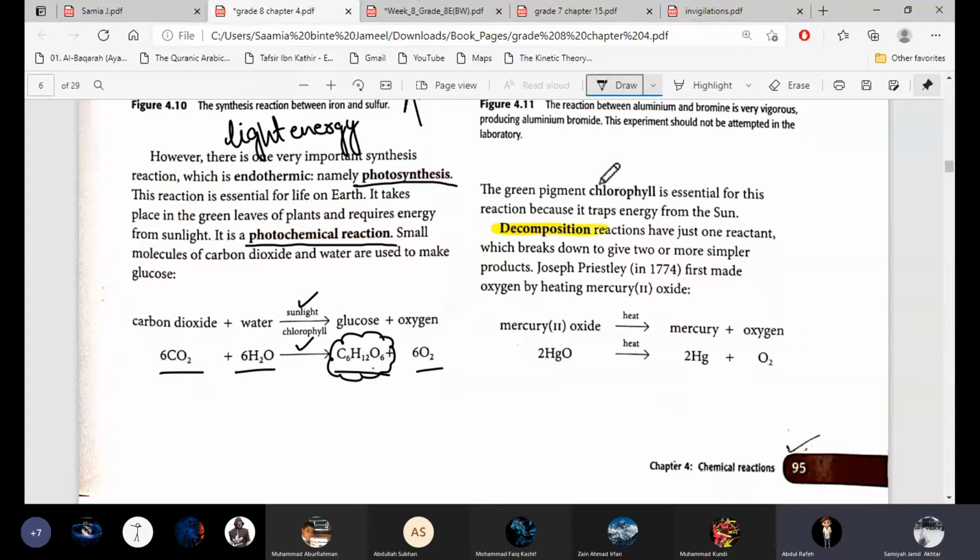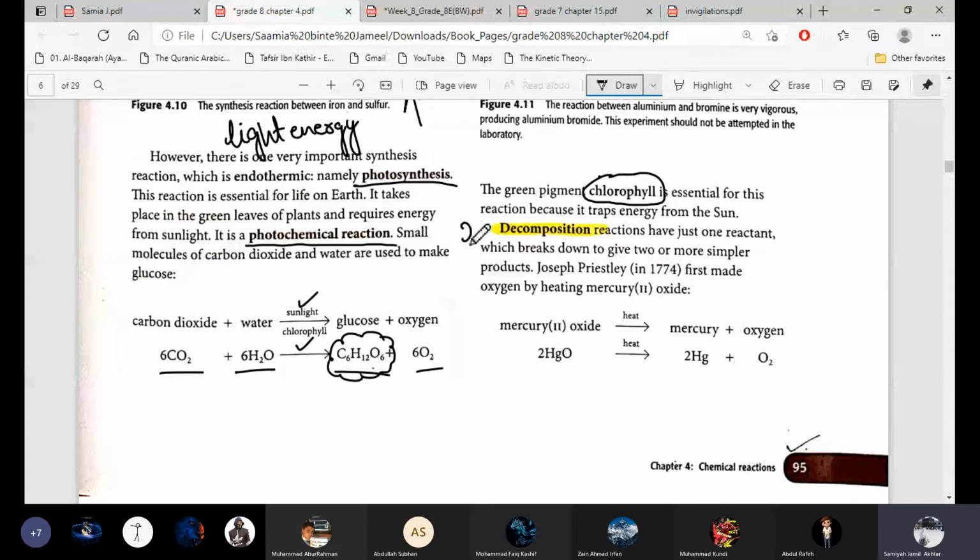Ma'am, is light energy the same as heat energy? No, it's not the same. Light energy and heat energy are two different things, but with light energy, a little bit of heat will also come. Do you know what chlorophyll is? Yes, Prof ma'am, from Bio. It is the green pigment inside the chloroplast. Inside the chloroplast is chlorophyll, a green pigment, and it absorbs sun energy. Actually, it traps sun energy for the food.